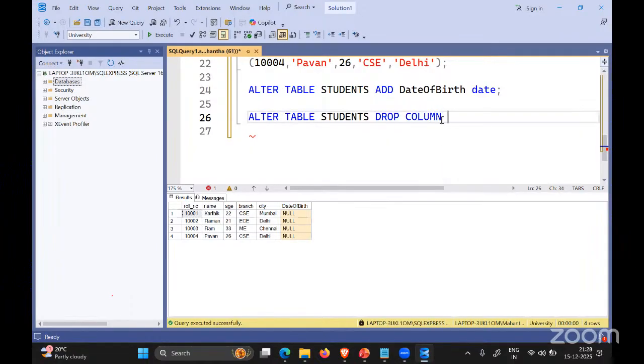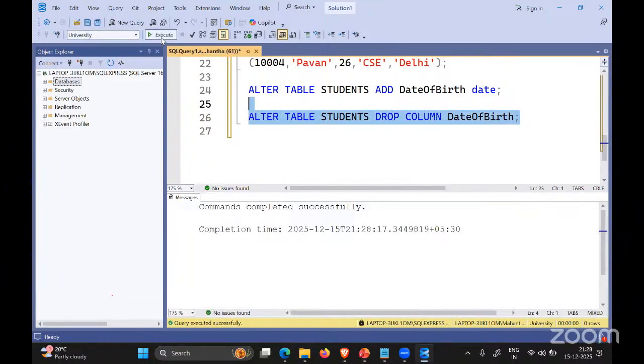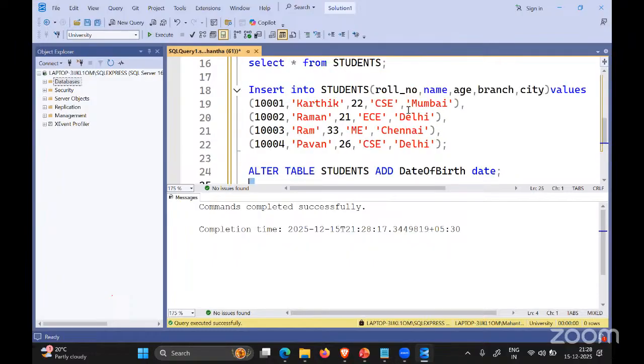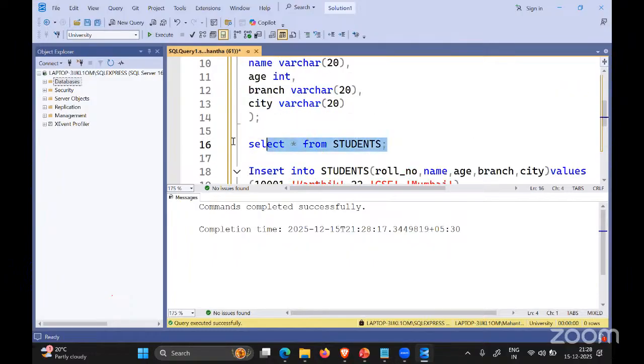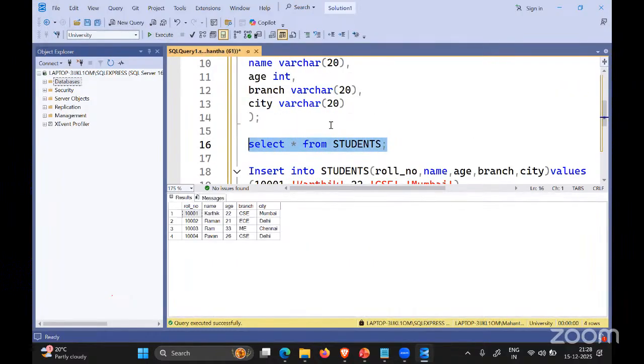Okay, we can say date of birth. It should do the trick, or if it is not, then we'll check. Okay, now if you execute this, the column is dropped.